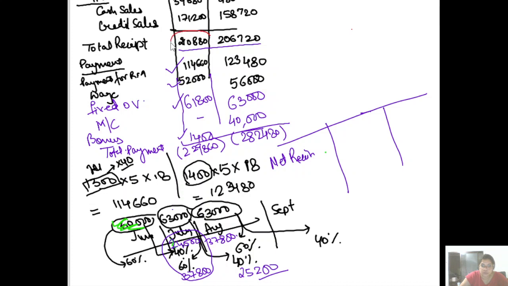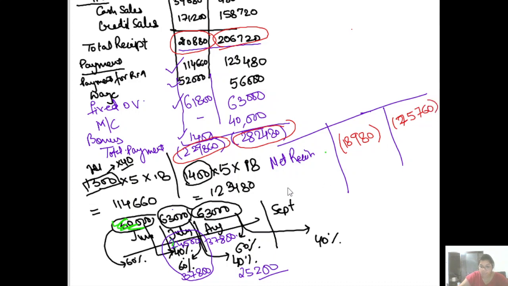This is your receipt and this is your total payment. Now deduct both so that you can find out the net receipt. So here 18,980. And here, because you have less receipt and more payment, it's again a negative balance,